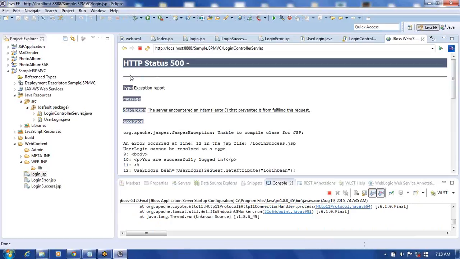Jasper exception, loginSuccess.jsp, unable to compile, type. It converts the object to a type. Okay,